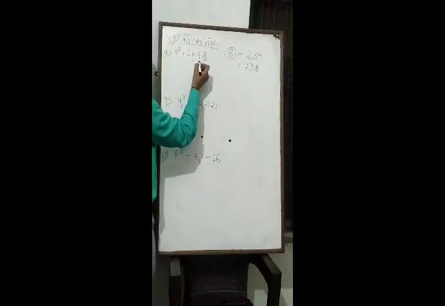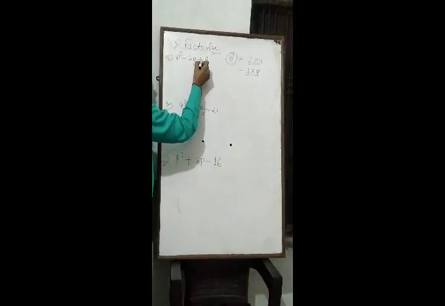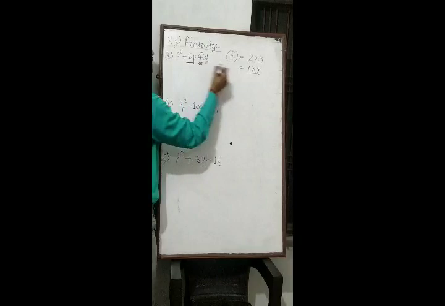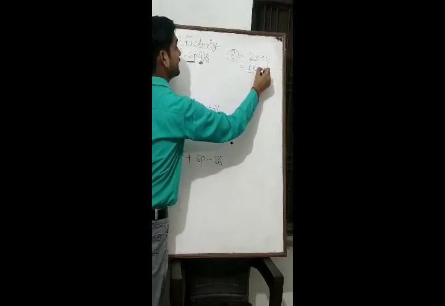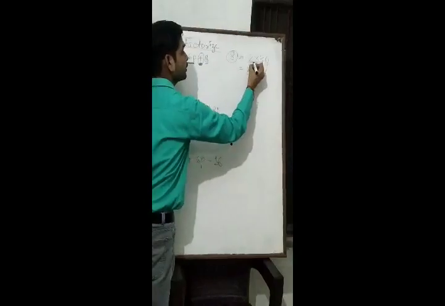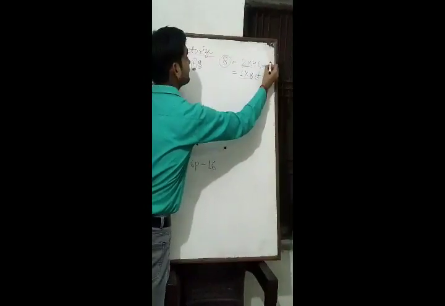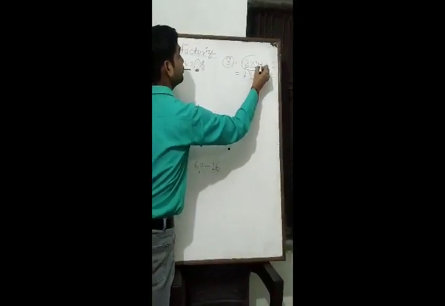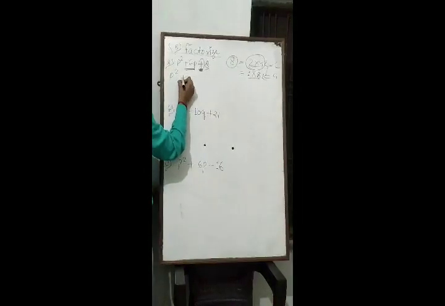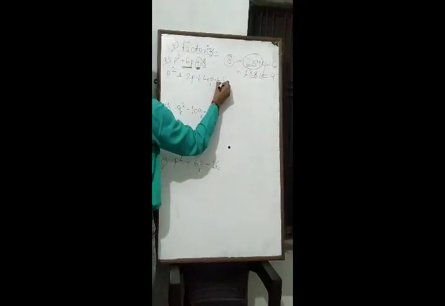Let's see the rest of the part. Before the 8, what sign is here? Plus. That means if the sign is plus here, you have to use these factors by adding to make 8, and now you have to find 6. Like how? 1 plus 8 that means 9 and 2 plus 4 that means 6. So we will pick 2 plus 4. That means we can write this value like p square plus 2p plus 4p plus 8.